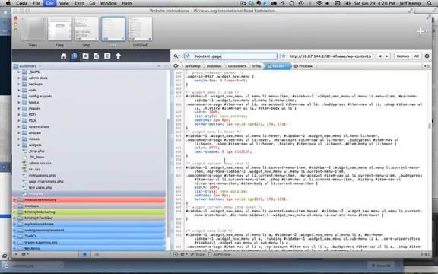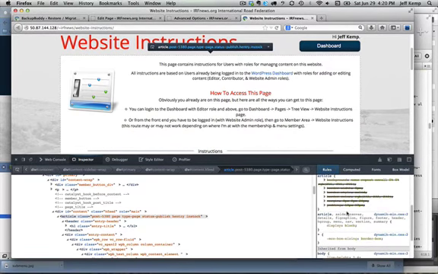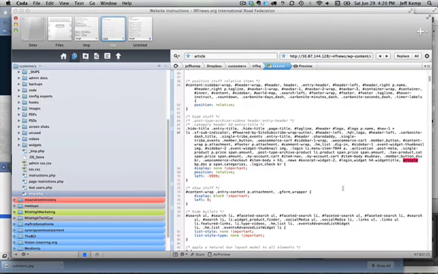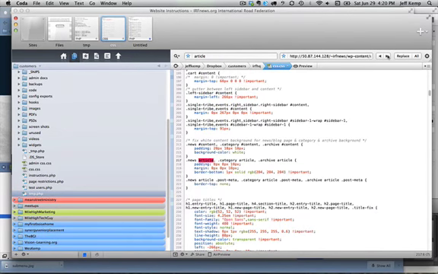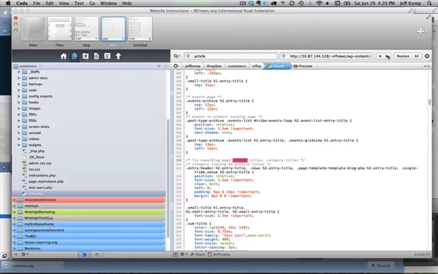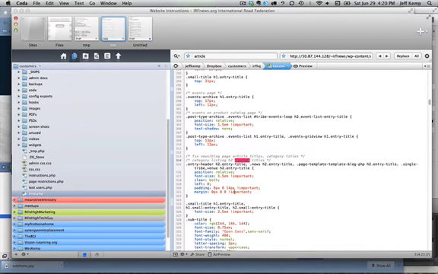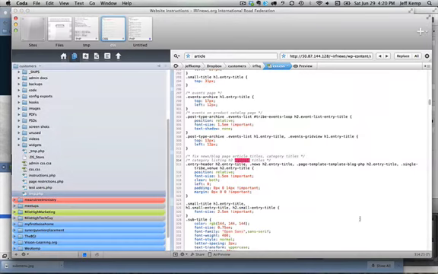I'm going to do a search. I'm going to copy paste that into my search field, and it's coming up with nothing. If I was looking for, let's say, this style, I would find that inside of my style sheet in a place where it's being used. You might have to look for all places it's being used, but try to find one that's maybe a broad instance of it, not a specific page, class, or something like that. Find a broad use of it, and from that location you might be able to edit the style and add to it,